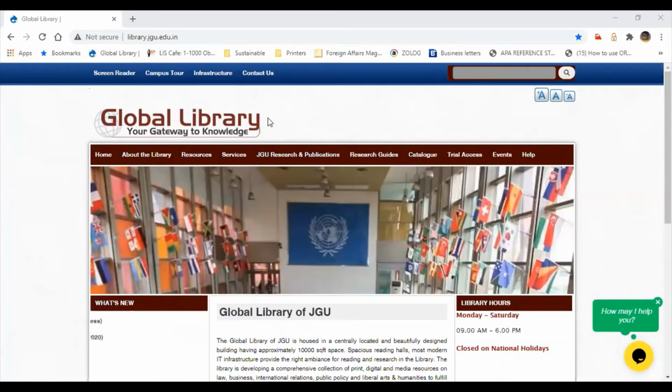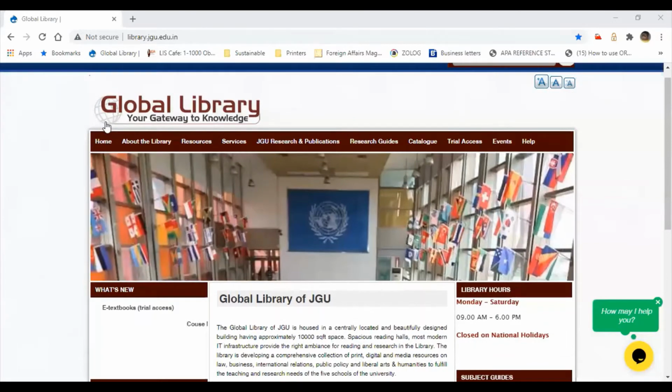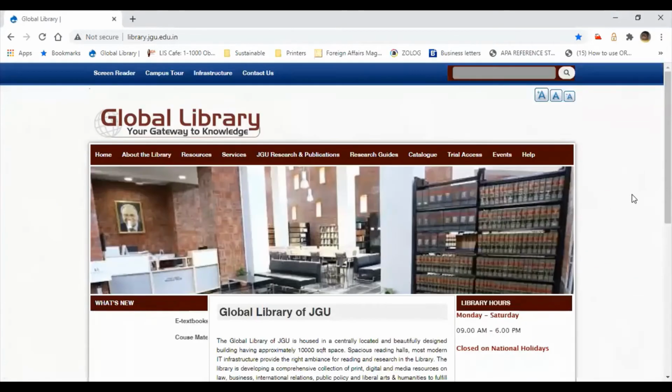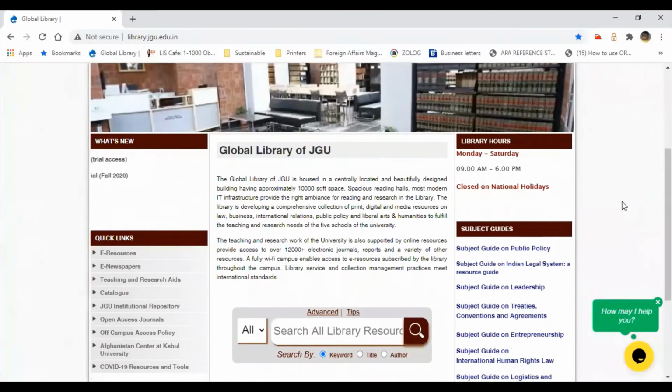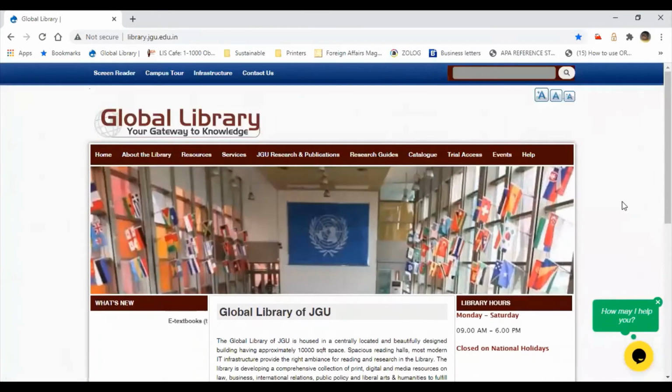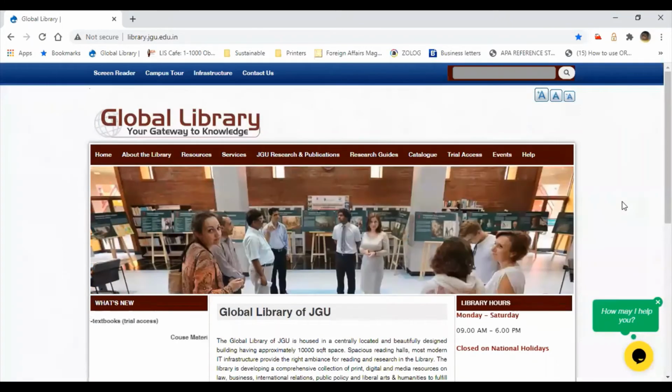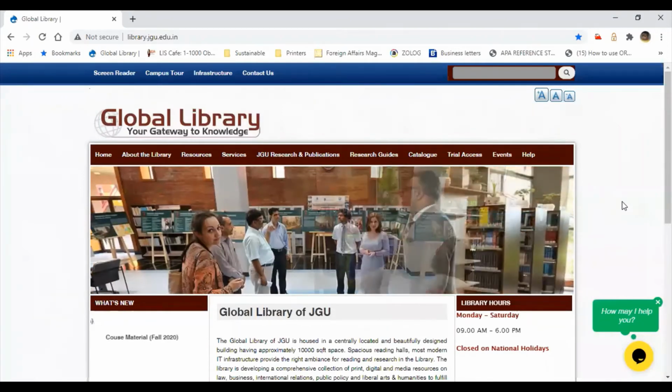Okay. So, as briefed by Madam, this is our library home page. We will explore the e-resources, the resources which are subscribed by Jeju.